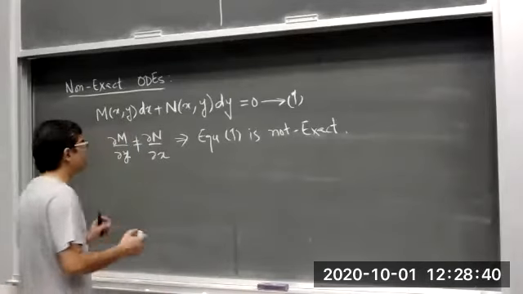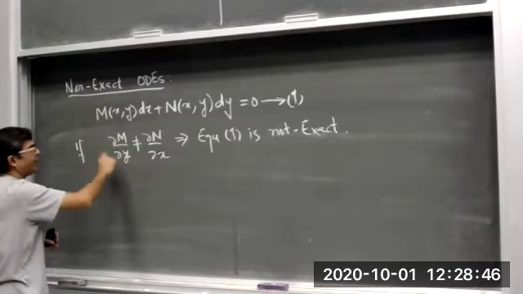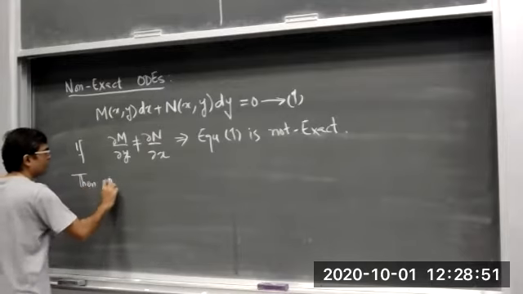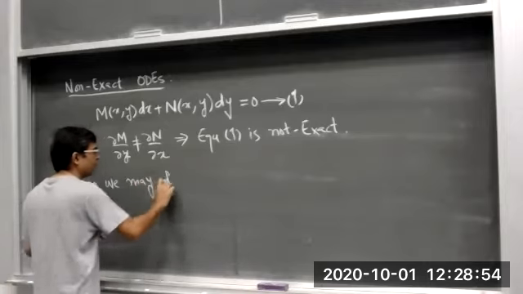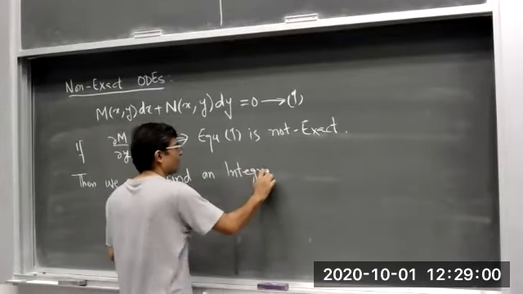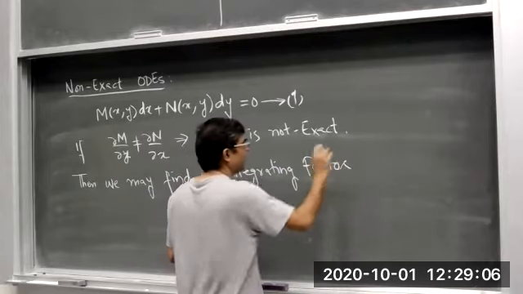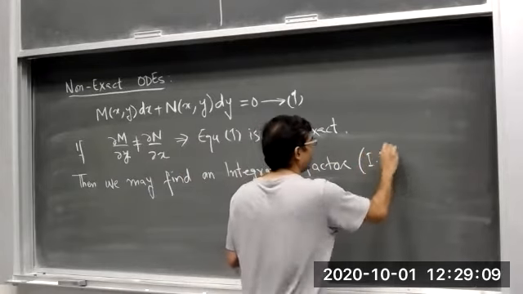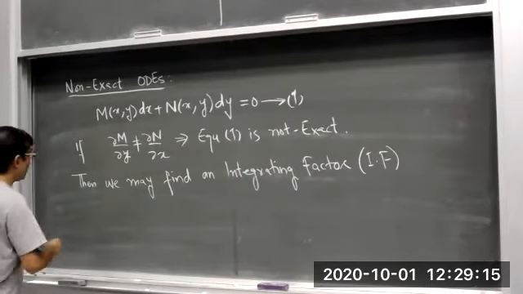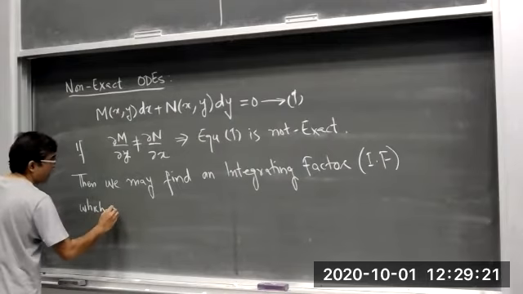Not for all. अगर given differential equation exact नहीं है, means ये criteria को satisfy नहीं करती, then we may find an integrating factor, जैसे कि हमने लीनियर में फाइंड किया था इंटीग्रेटिंग फैक्टर, ठीक है, then we may find an integrating factor which after multiplying